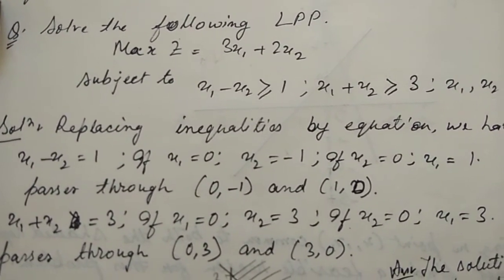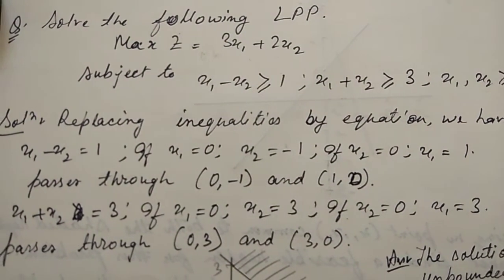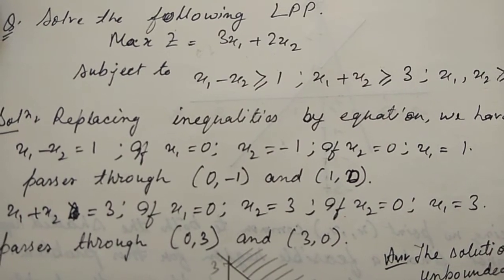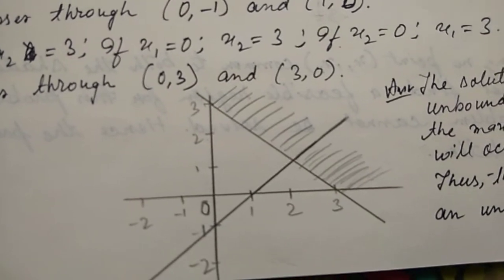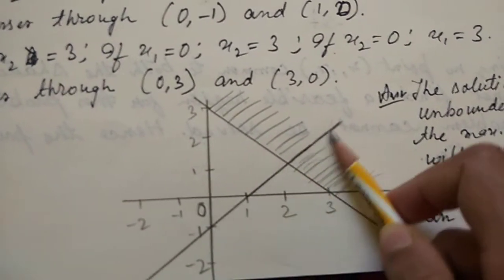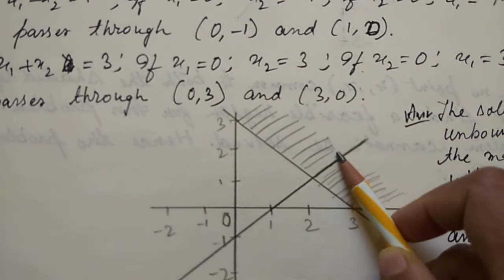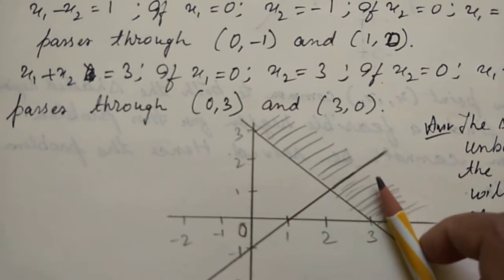So, you can pause the video and do it in your copy in the way just like I have done. After doing this, we will use our derived points and draw the graph. The graph will look like this. There is a minus point, alright. So, this is the straight line that is joining the minus point and the positive point. Okay. So, we draw these two straight lines. Two constraints were there, so two straight lines we have drawn.